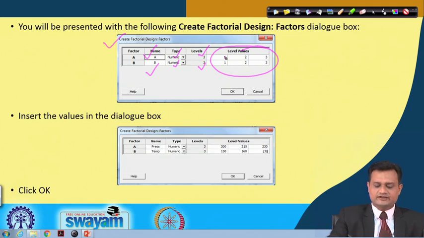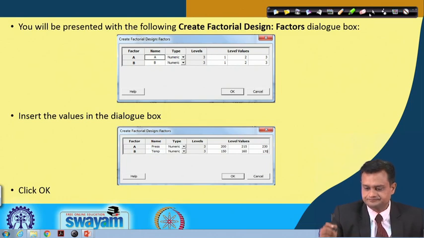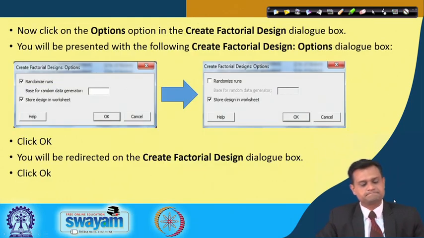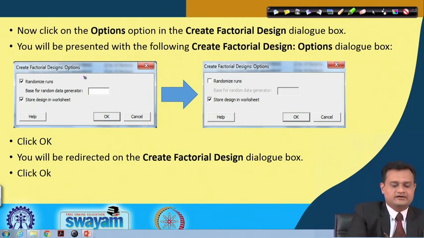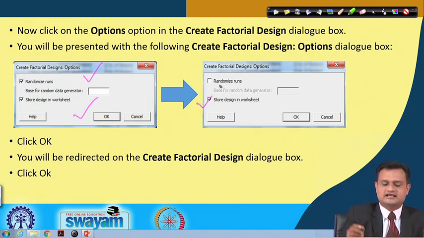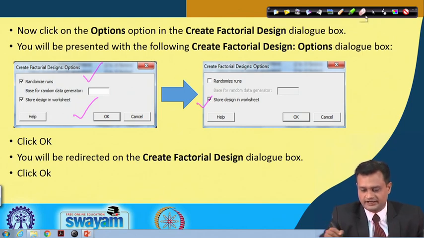Now insert the values: you insert the actual values of pressure and temperature in the respective cells and press OK. Then this window says randomize runs, store design in worksheet. You click on store design in worksheet and then click OK.